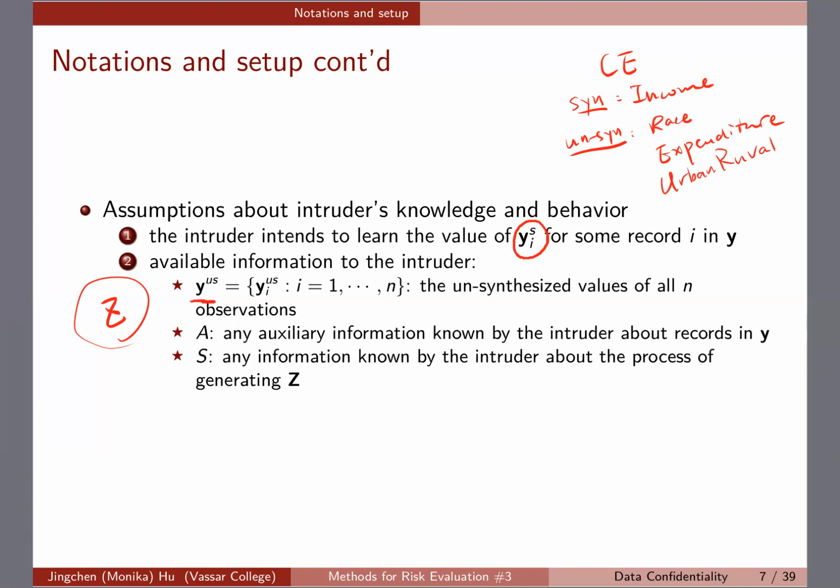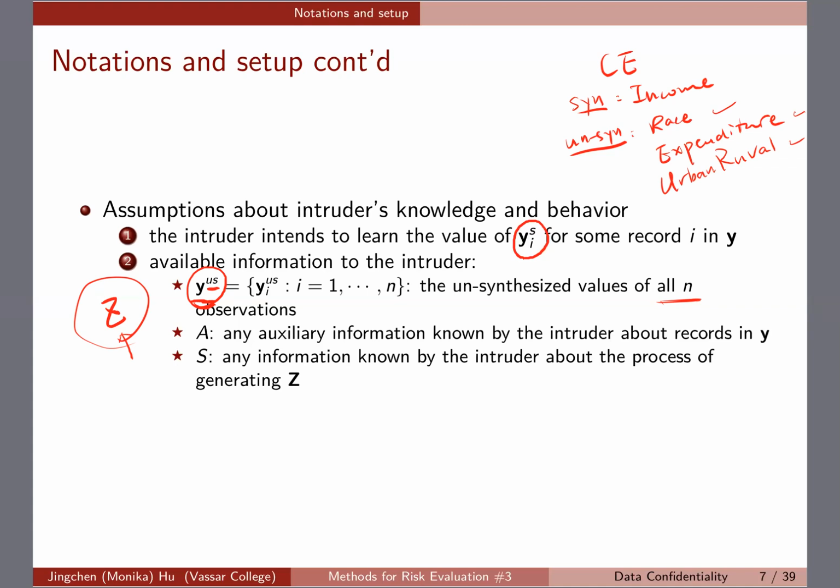So if the intruder actually knows that all of this are never synthesized, that means whatever appears in Z is whatever in Y itself. I should say in Y^US. So Y^US, we know, is the unsynthesized portion of the data set. So all of this will be available to the intruder, and that's for all of the observations. Okay, so anything unsynthesized, because it's partial synthesis we're looking at right now, it's released in Z, so it's available